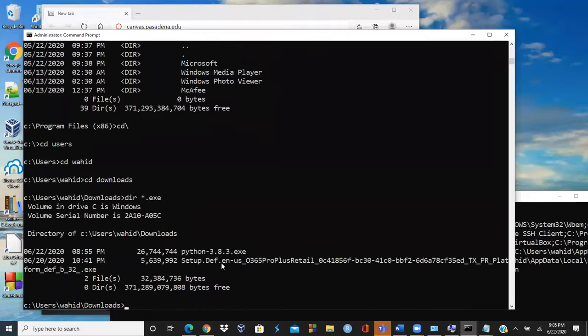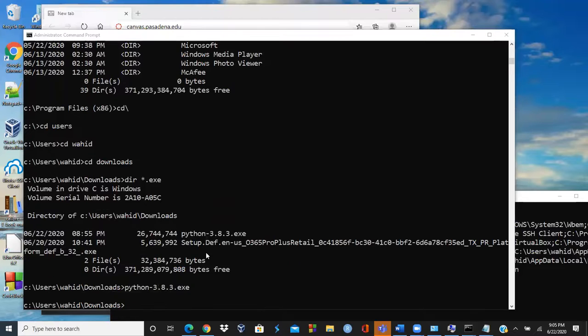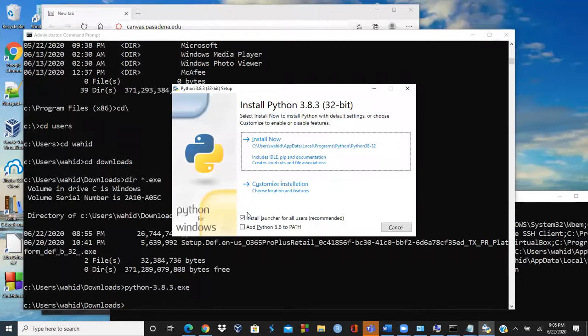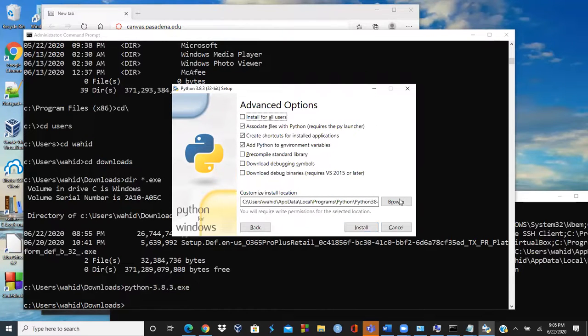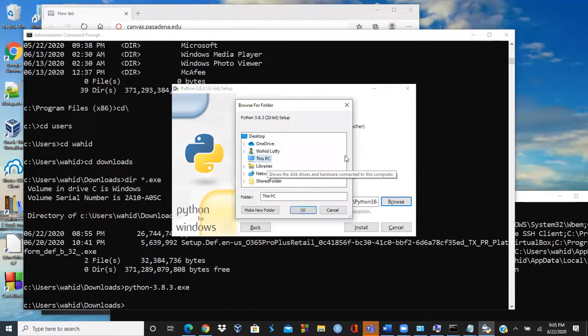start.executable, and then Python. This one, I'm going to rerun it. So this time, instead of giving that path, I'm going to browse through it and then say go ahead and install those things. And then right here, you say browse, and then go to this directory, program files, C colon program files. And then I could specify this, it will still install it in the program files 32 because that's a